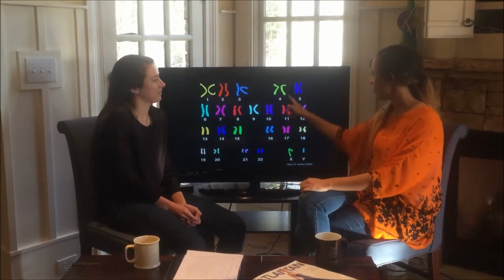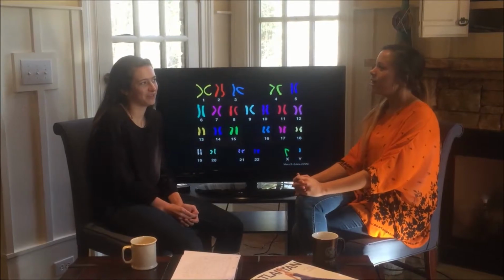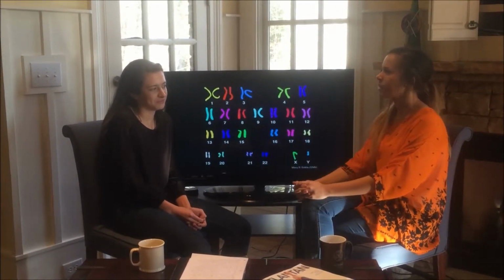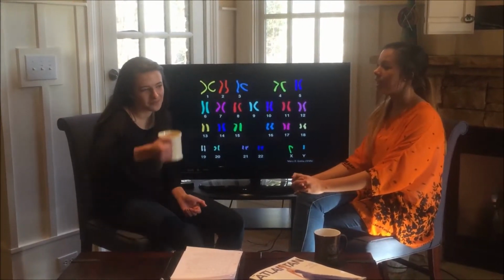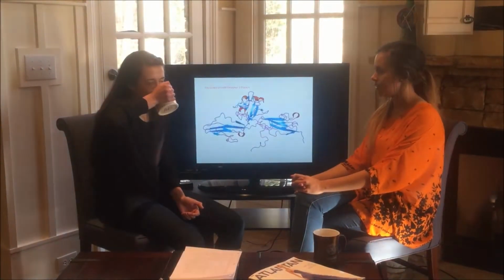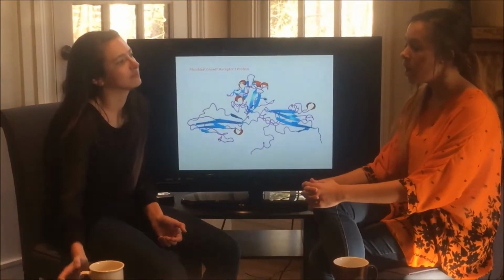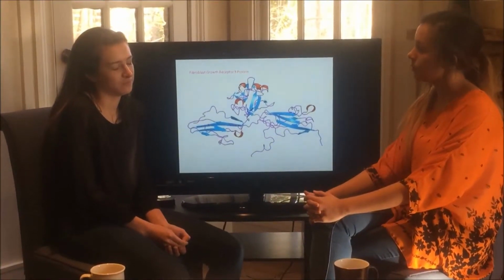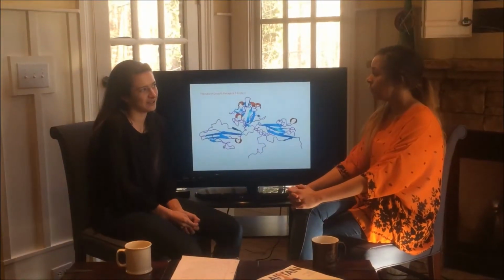Well, on the fourth homologous chromosome, there is the FGFR3 gene, and that is the gene that helps bone growth. Now, see, there are 2,250 bases on this particular protein, and the base affected is the 1,138th base, and the normal